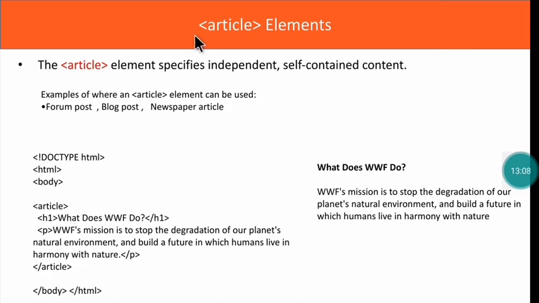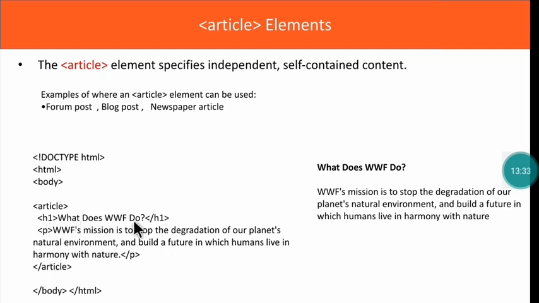Then the next is the article element, the article tag. It specifies independent, self-contained content. Examples where an article element can be used: forum post, blog post, newspaper article, etc. So when you are placing an article in your web page, you must use the article tag first and then place the content inside.